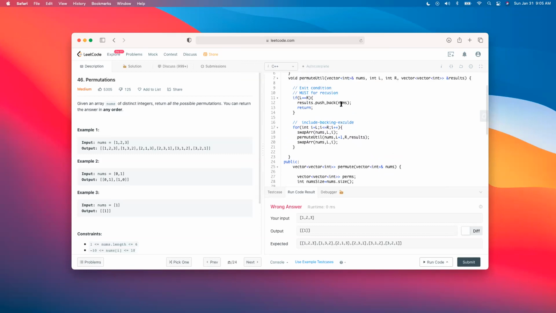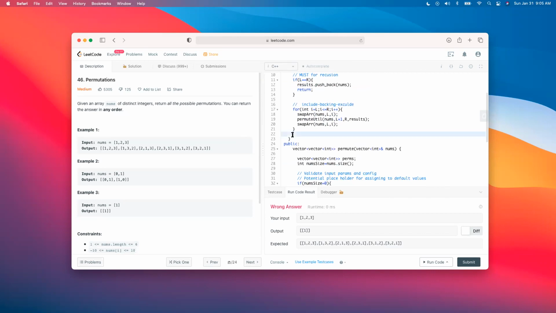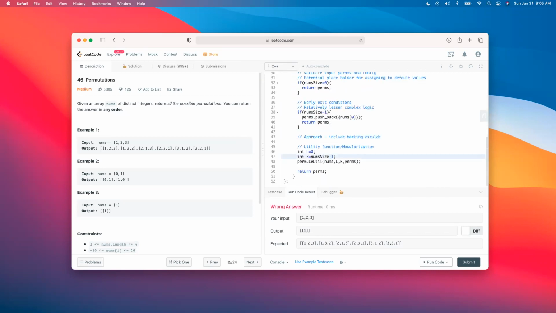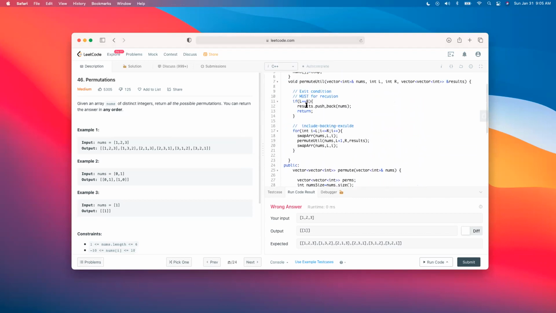I mean, index L is starting from 0, right? Yes. Here is the issue, I think. No, that is not it. Size L and R. Okay, then I went in here. L is equal to